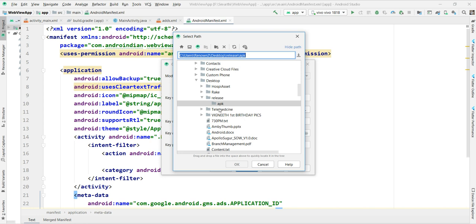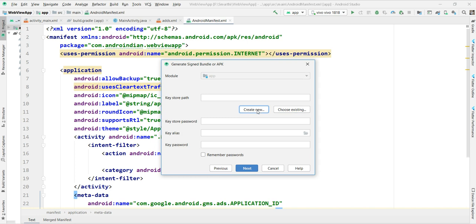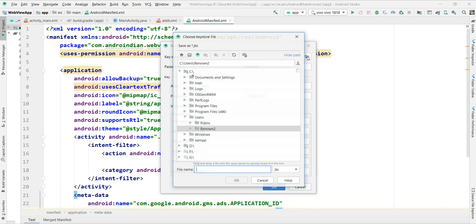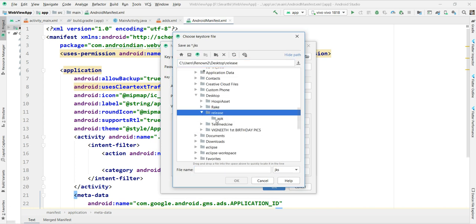Oh sorry, we created this. You need to create a new folder. In this folder we want to add this release. In this there is the APK folder.